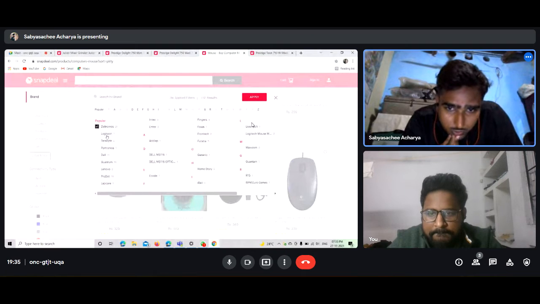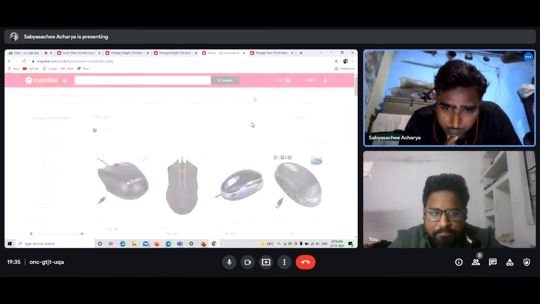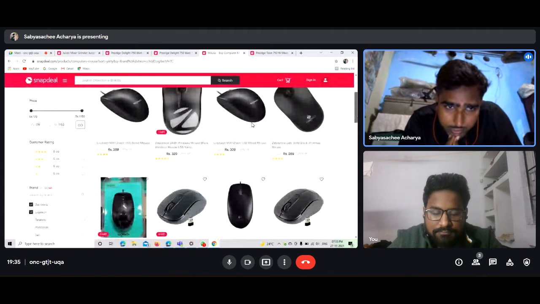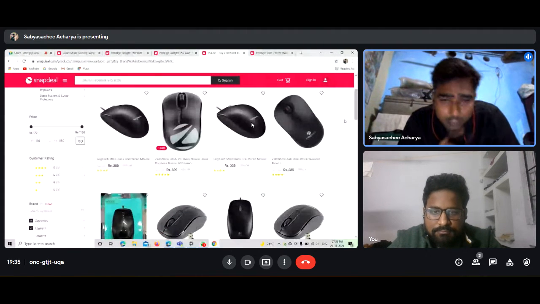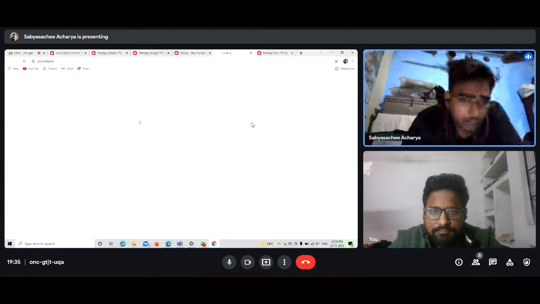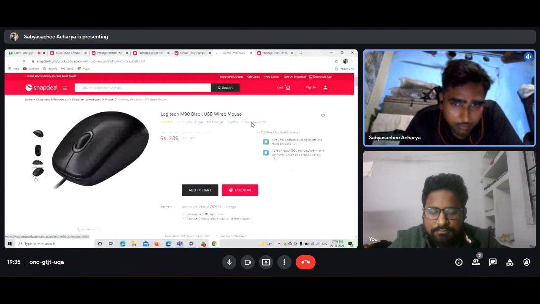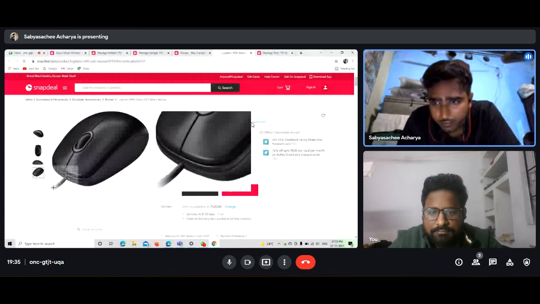Logitech is also good. Yeah, this seems to be pretty cool. And I also want a wireless mouse. So this one is also a wireless mouse. Okay, and it is also available on my pin code.